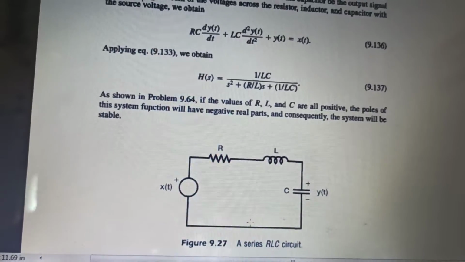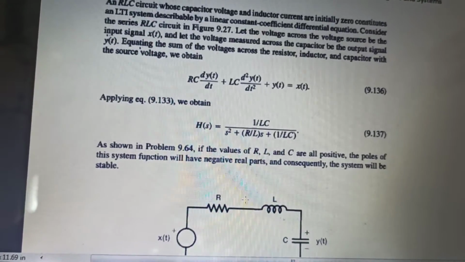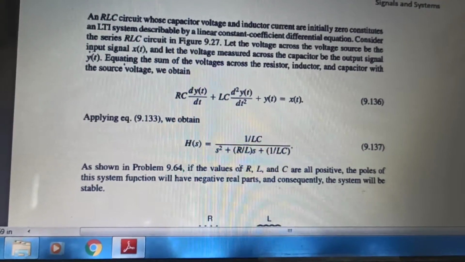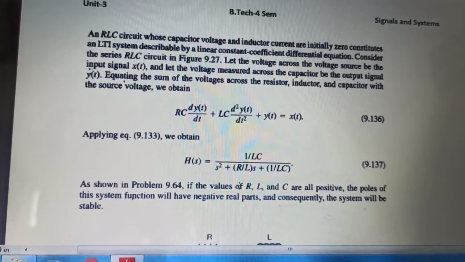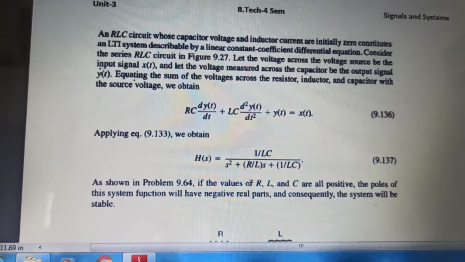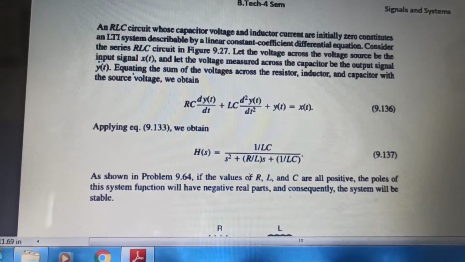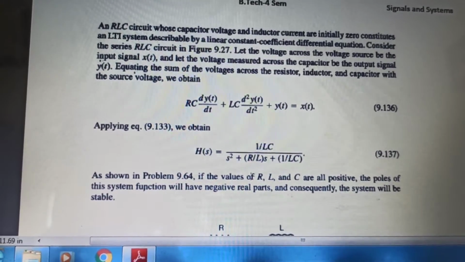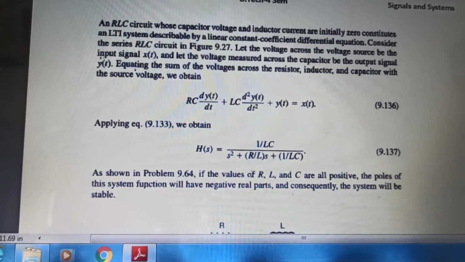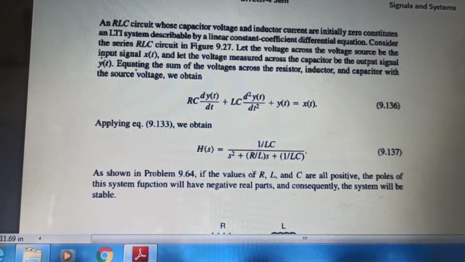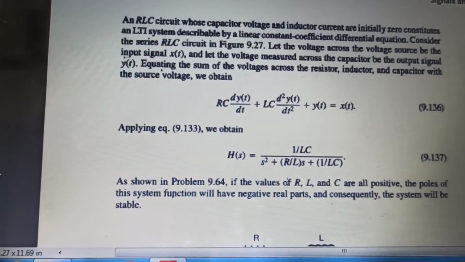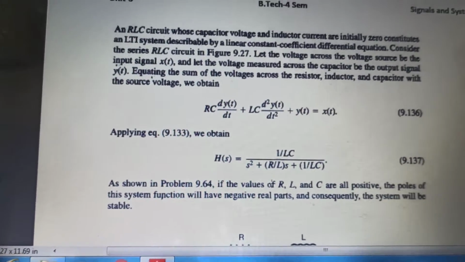This equation is very famous because when we obtained it in network theory, I have known people who used to cram this line. For a series RLC circuit, it is s square plus R by L s plus 1 upon LC, and for the parallel system it is s square plus 1 upon RC into s plus 1 upon LC. Even I had sometimes crammed it, but this is how it is to be derived.